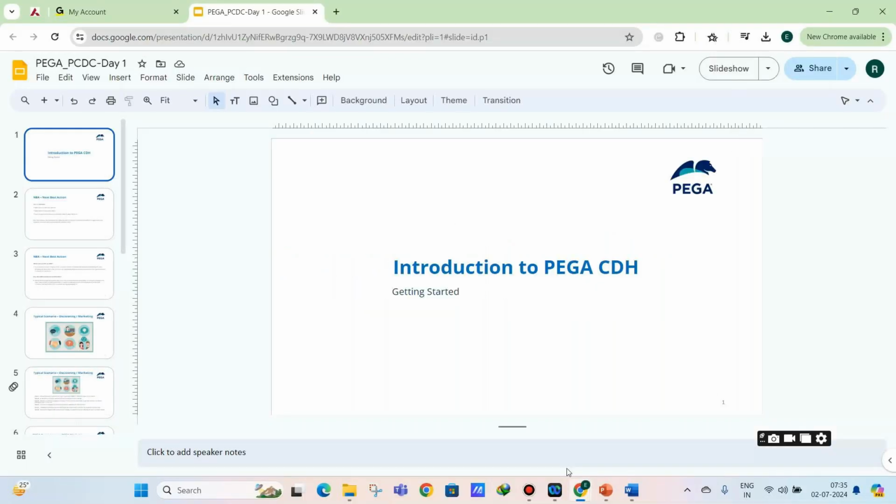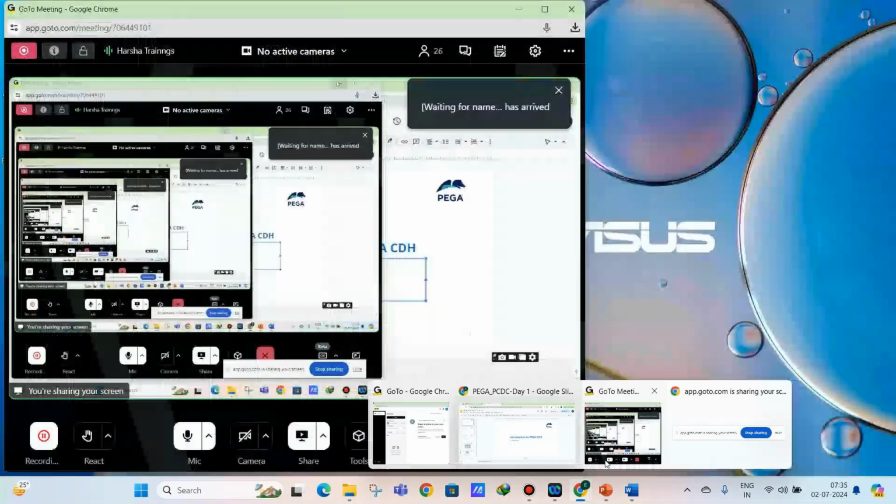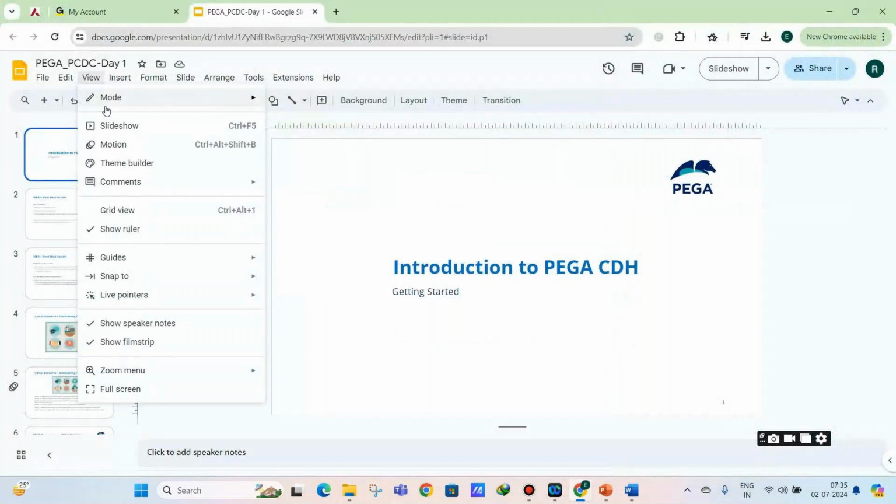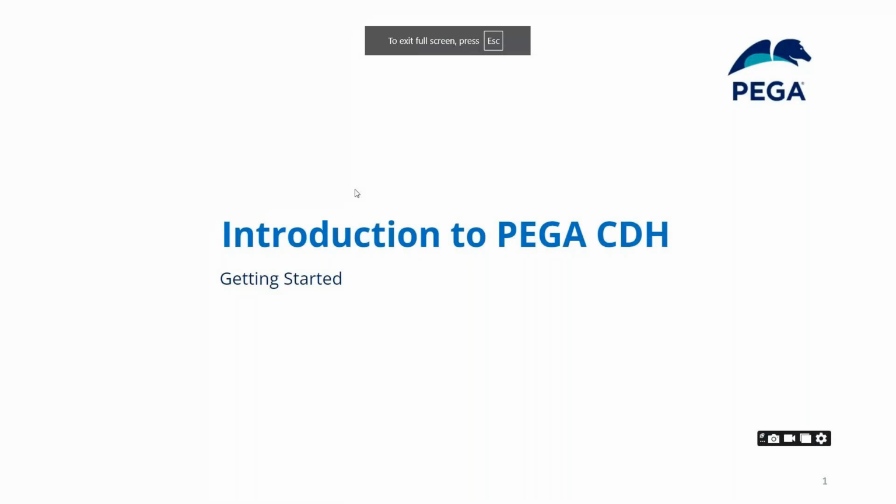Hi, I'm Satyajit. I have around 11 years of experience in total, out of which 10 years is in Pega. I wanted to learn CPDC because of the project need, as well as to stay current in the market, because CDH is now booming in the market and is almost on every project being implemented everywhere. So that's why I wanted to learn this CDH.